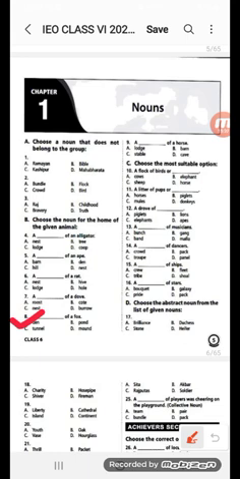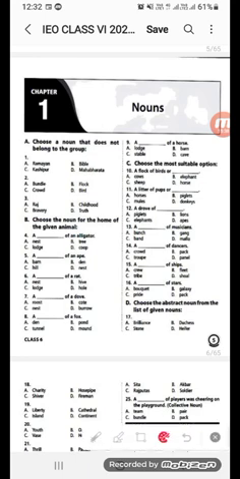Now number 9. A dash of a horse. We all know, we have already discussed the options A, B and D. Cave is the home of lion and tiger. So here the option will be stable. A horse lives in a stable.